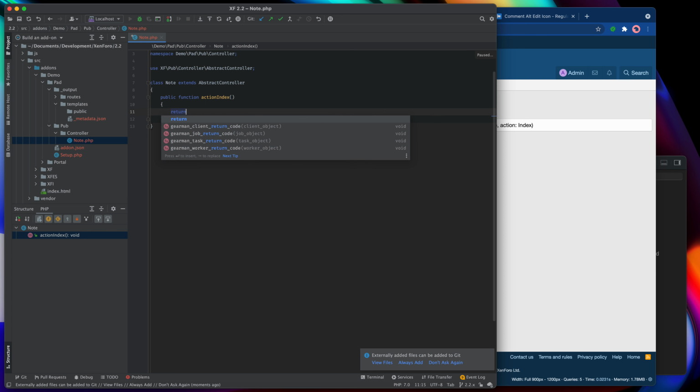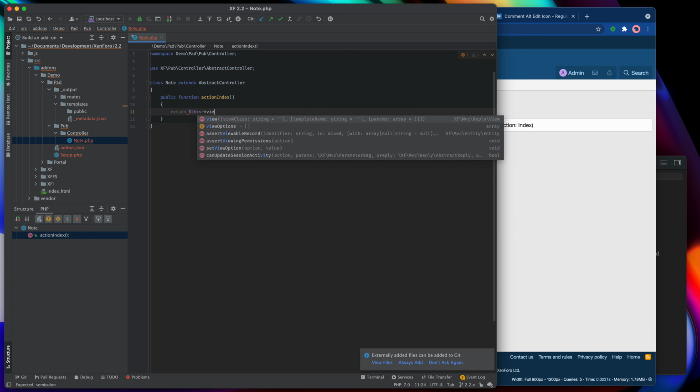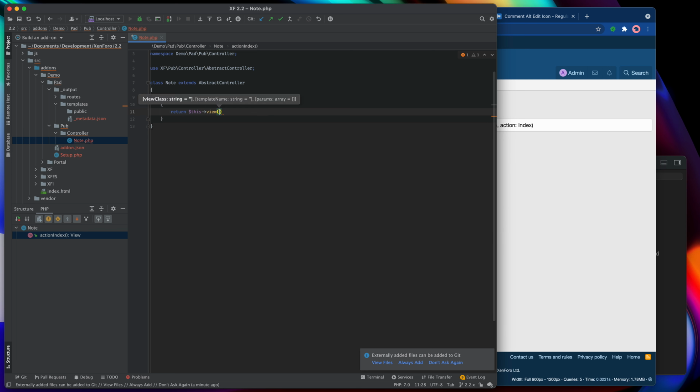So we'll say return this view, and you can see here it's going to expect a class string for the view, and then a template name, and then an array of parameters as an optional argument. So the name of the view class, as a general rule, it's good to have something that reflects where we are in the controller and the action.